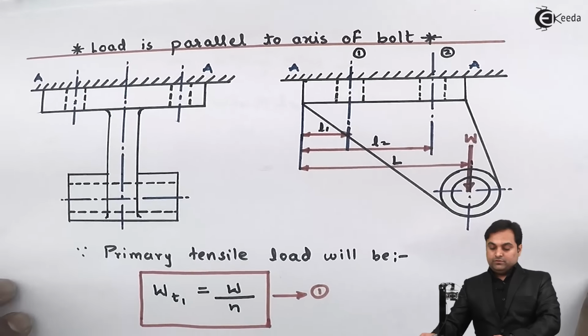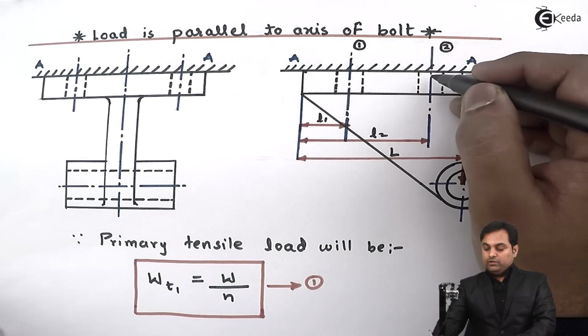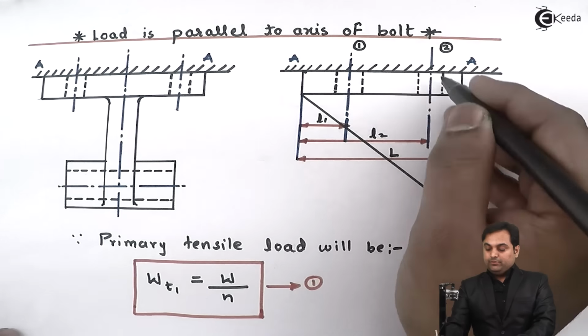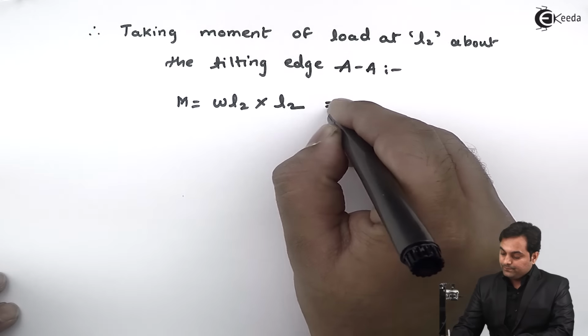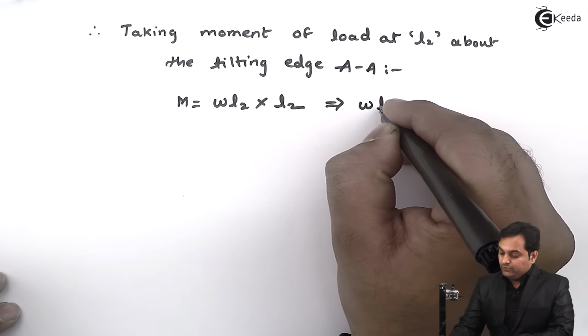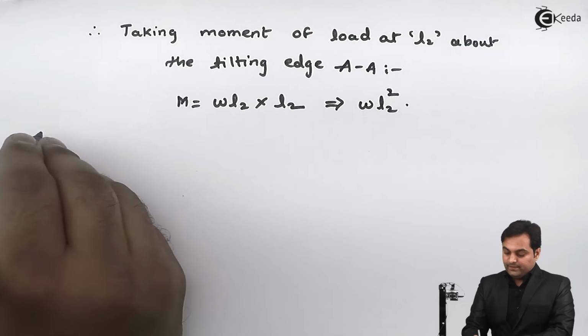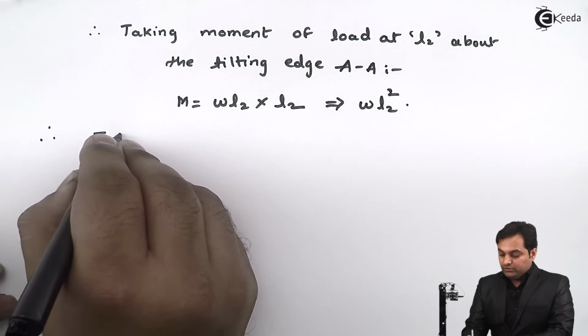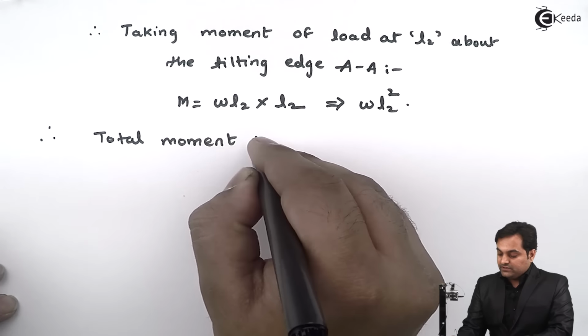The load on bolts at section 2 and their distance is L2. So W into L2. So this becomes W into L2 square. Therefore, total moment is given by